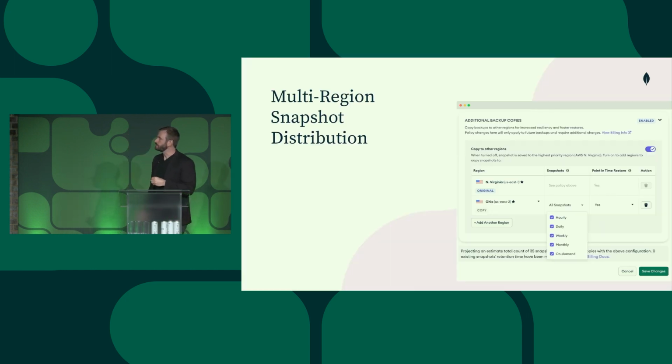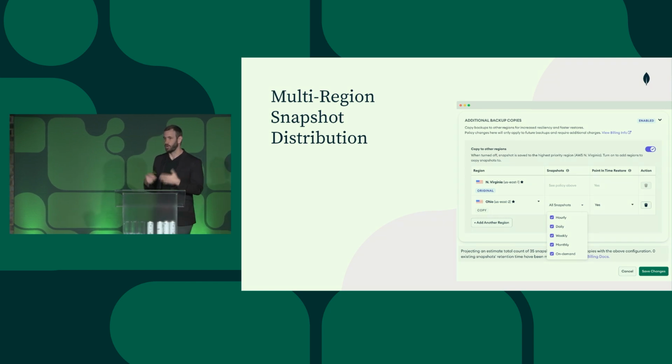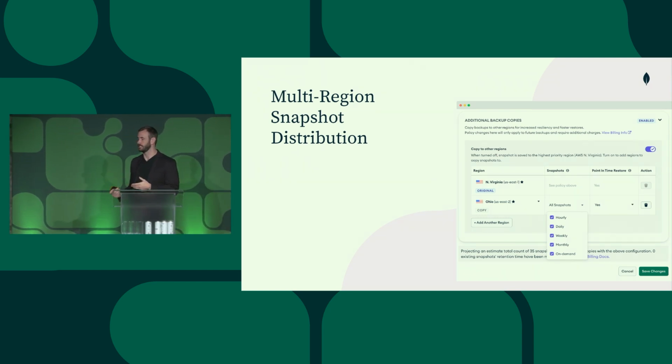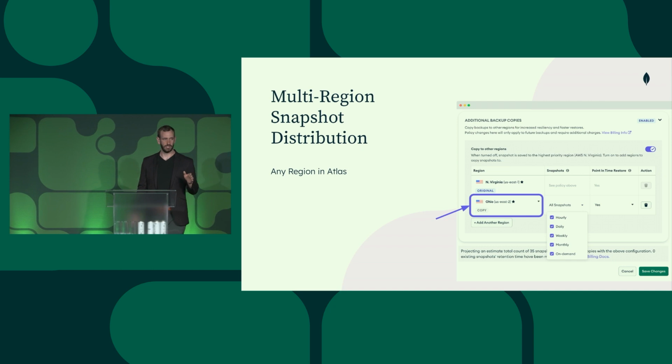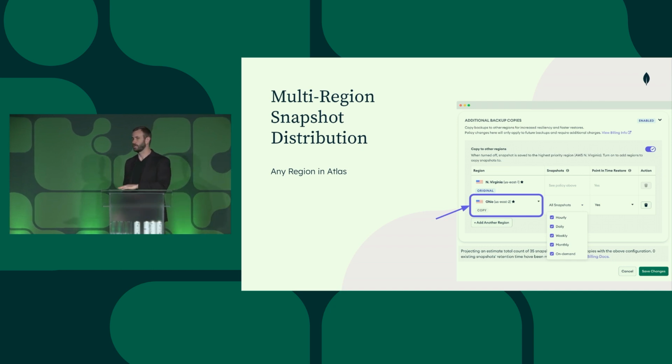The next feature is the multi-region snapshot distribution. As I mentioned, this is basically the ability to copy your snapshots to another region within MongoDB Atlas. By default today, your backups live in your primary region for your cluster. Now, say that region goes down for whatever reason. Maybe the cloud provider has an issue. If you only have backups in that region, then you won't have access to your backups while that cloud region is down. Therefore, the backups aren't quite as useful in that case if you can't access them, right? So with this feature, we allow you to copy your backups to any other region in Atlas for your cloud provider.